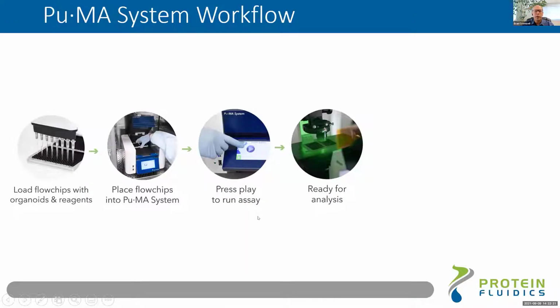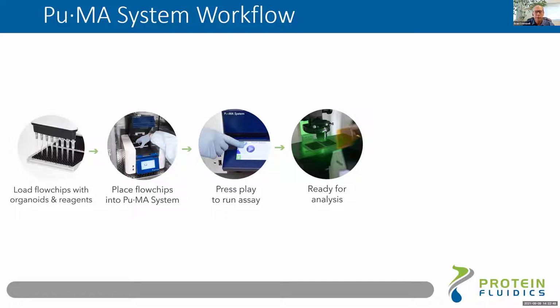So let me switch now and talk in a little more detail about our platform, the Puma system. It's really an automated protocol system that can run in your incubator. You take preformed organoids, 3D cell models, and load them into our flow chips, which I'll describe next, along with all your assay reagents. You then place that chip plate into our system, and there is a pneumatic manifold in there, which is